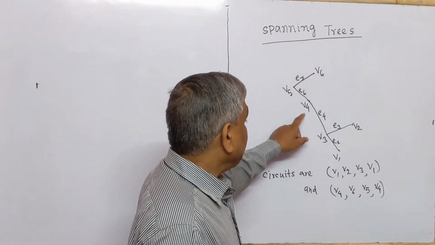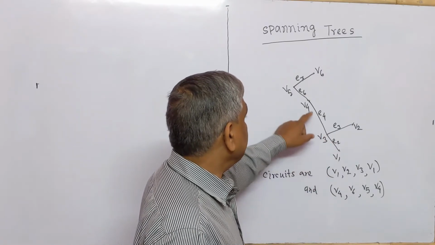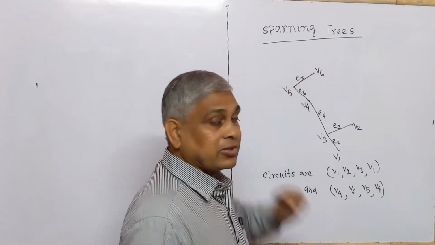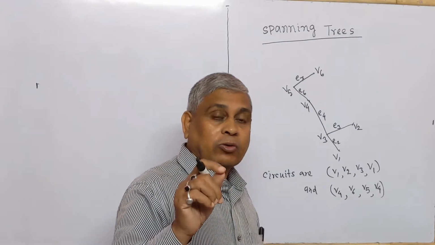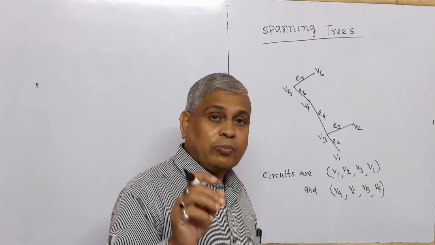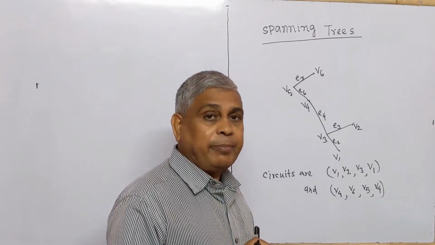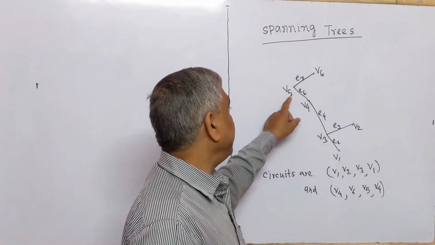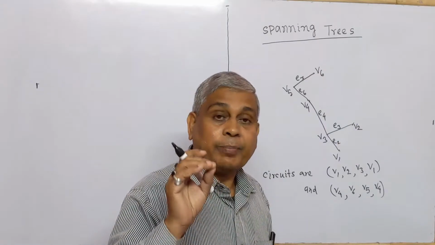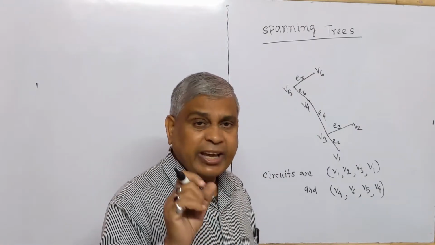In the original graph, vertices are V1, V2, V3, V4, V5, V6, and after deleting one edge from each circuit, the same vertices V1, V2, V3, V4, V5 and V6 are present. We have not deleted any vertex,